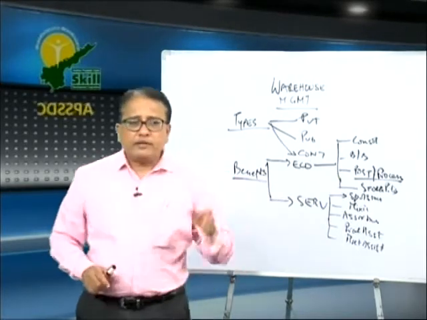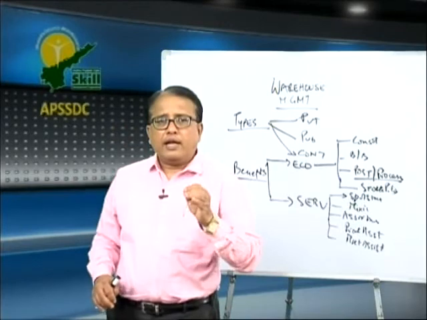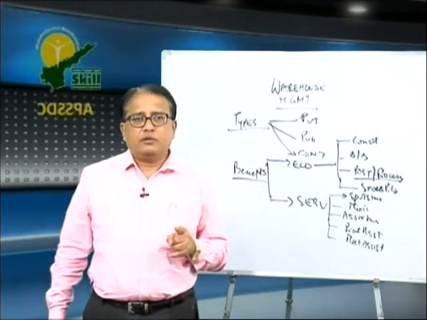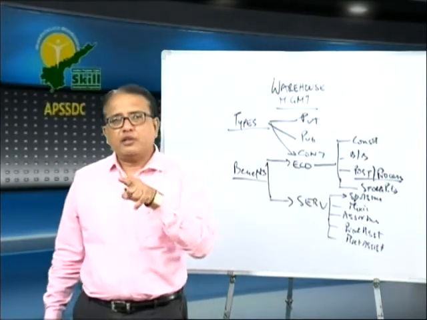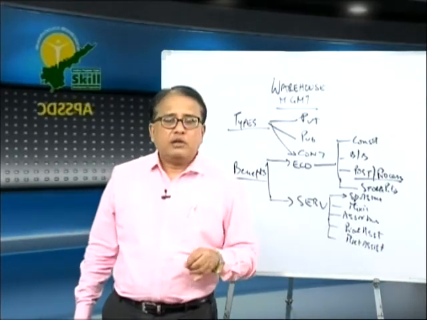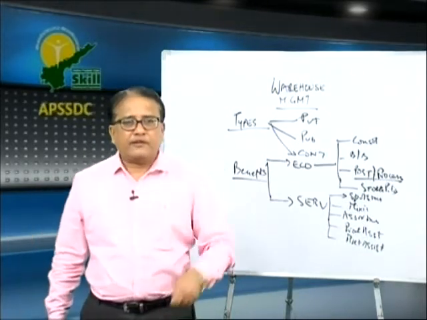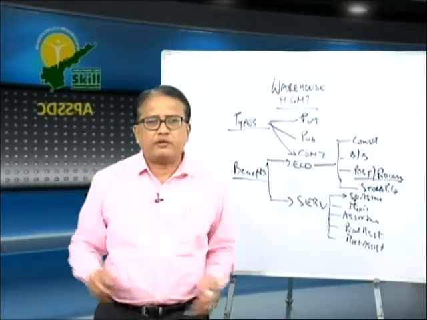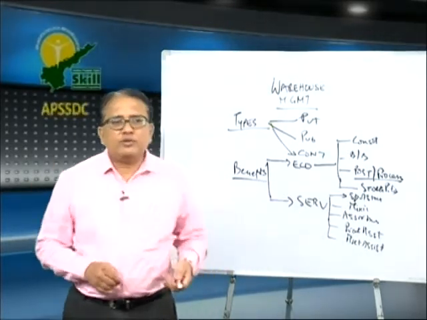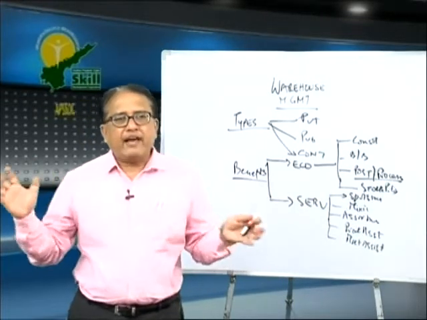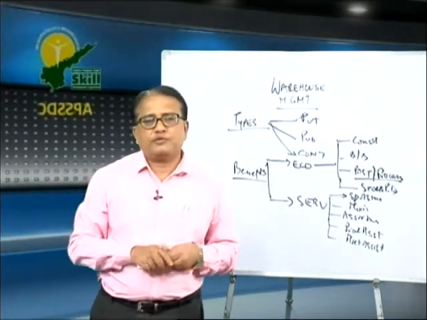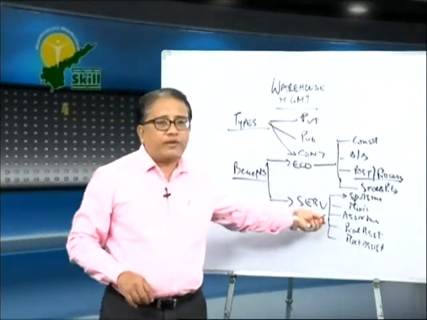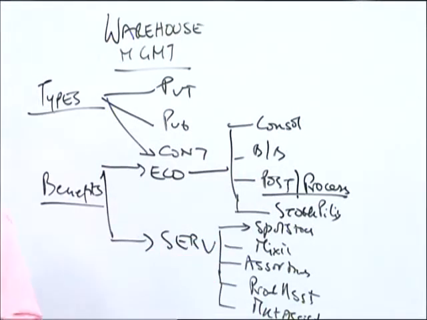Now, a sports outlet may also want to have all types of sports goods, not only t-shirts, all possible items which can be categorized as sports goods. Maybe a t-shirt, maybe a badminton racket, maybe a table tennis racket, maybe sports uniforms, maybe hockey sticks, whatever. So, these warehouses have an assembly of all types of sports goods. All types of sports goods are available in these warehouses. They act as an assortment warehouse, where they do an assortment.